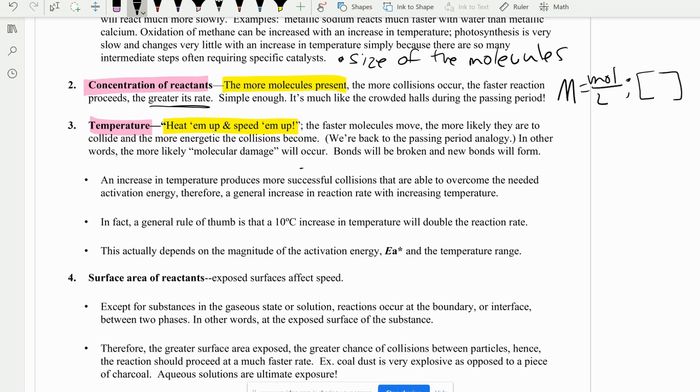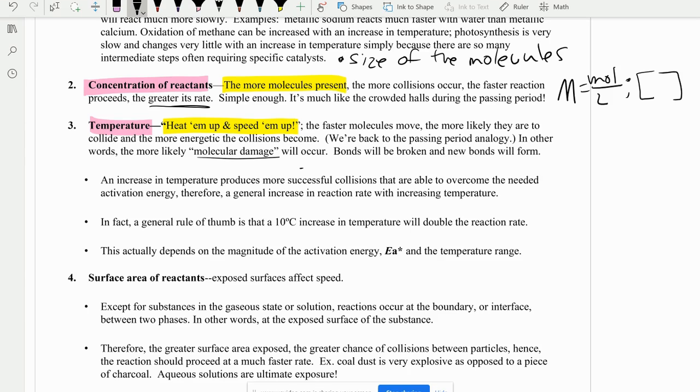And when they collide, you'll see the energetic collision occurring. In other words, it's more likely to cause molecular damage. We speed them up, more molecular damage is likely to occur. Bonds are going to break, new bonds are going to reform,